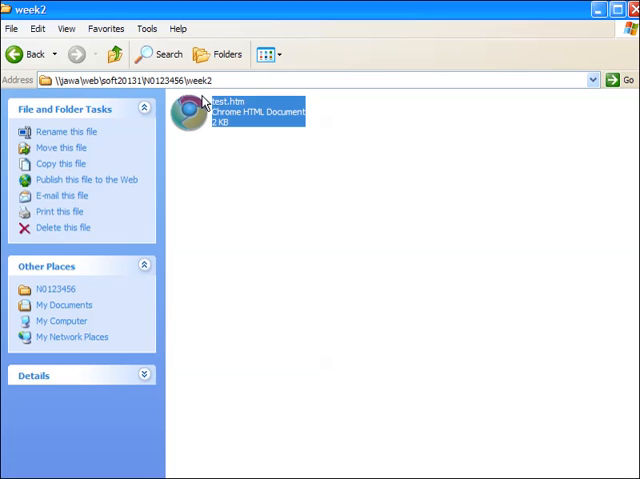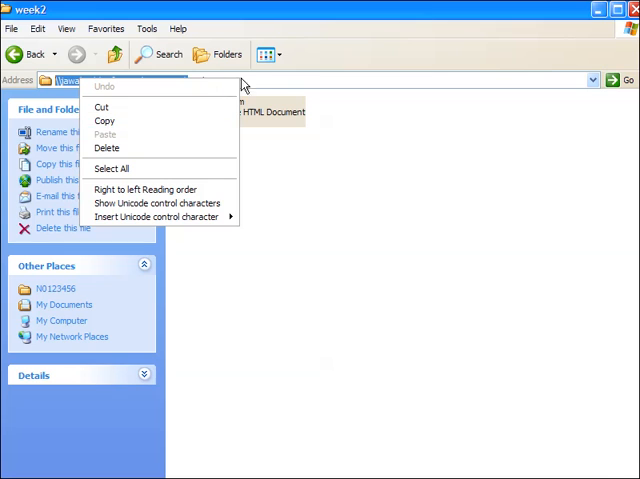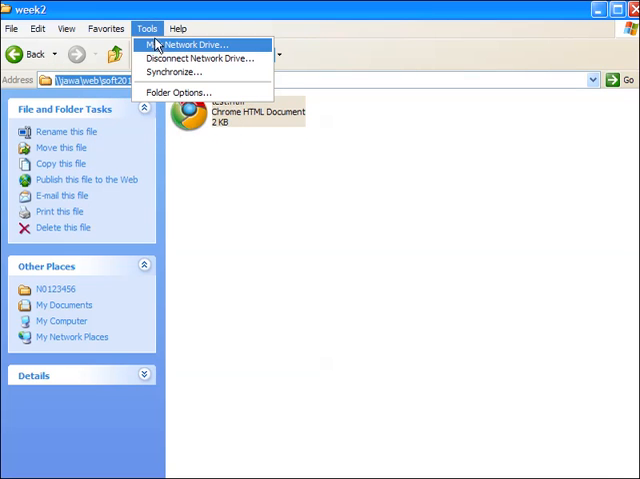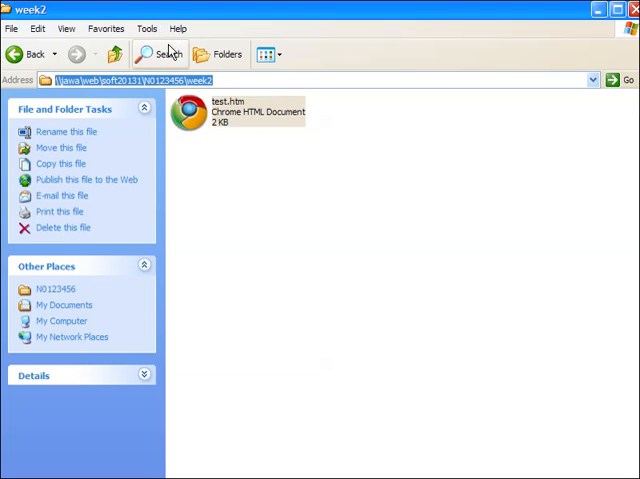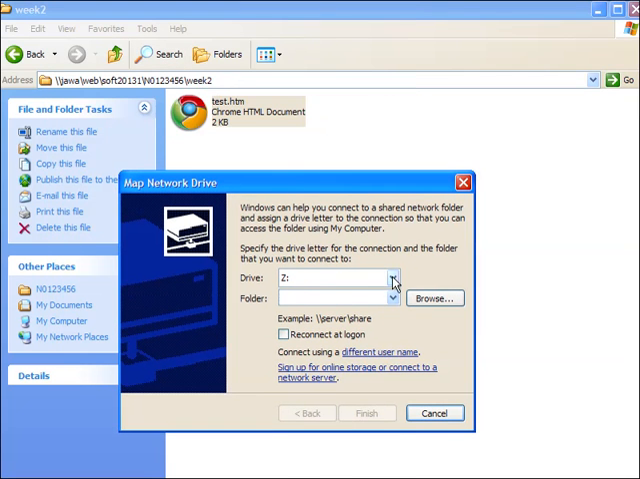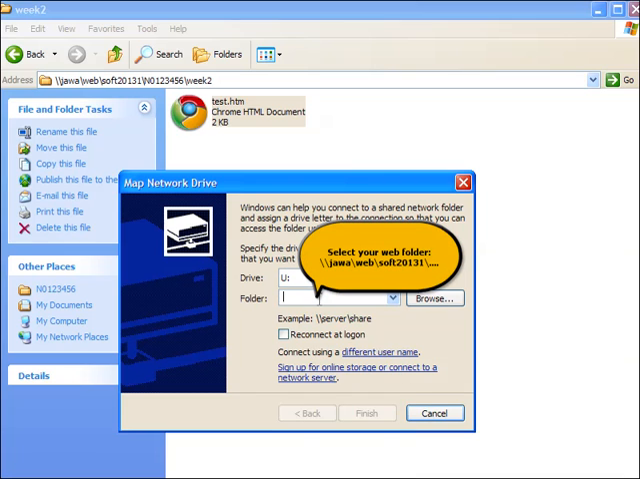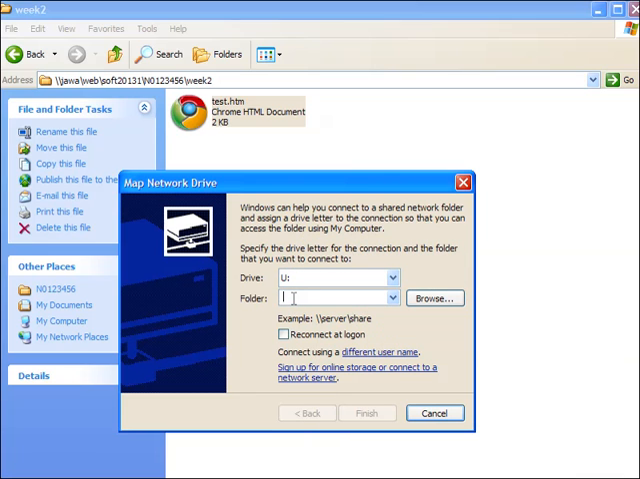Now, instead of typing this every time, you can map it as a network drive. If you go to, for example, Tools, Map network drive, you can create a drive. Here choose any drive name that you like. You can say U, and then just type again Java